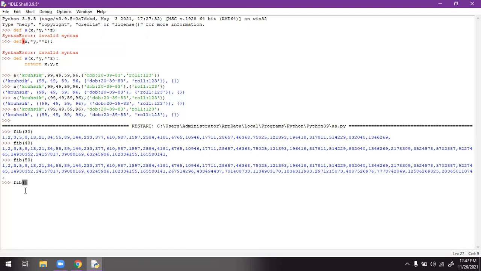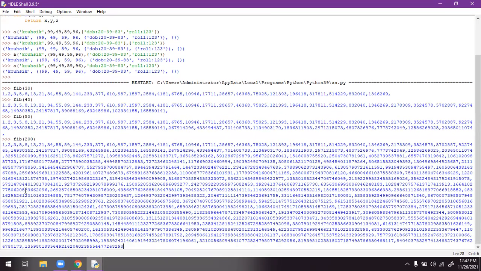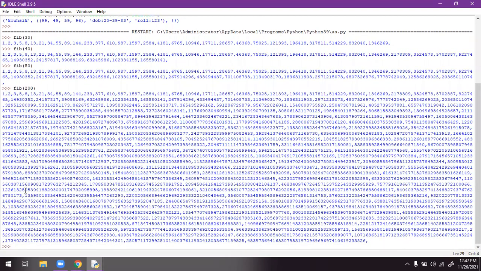Fib 200 or 2000, whatever it may be, you can get. Sometimes you need to find the Fibonacci numbers repeatedly. It will give an error sometimes if you made a mistake.